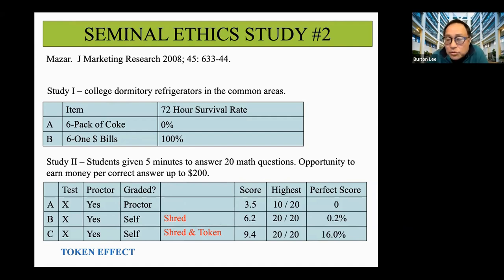And so what these researchers argue is that in much of modern society, we actually don't deal with cash anymore. We actually deal with tokens. And so they hypothesize that maybe the level of sociopathy, the level of cheating and dishonest behavior, may be higher because of the token effect. So for example,